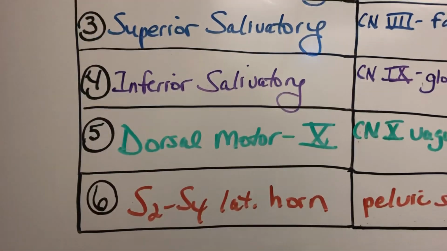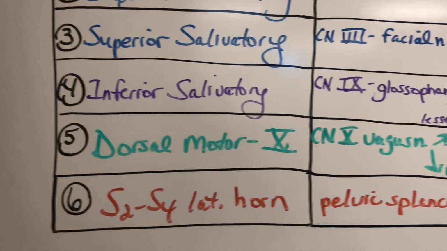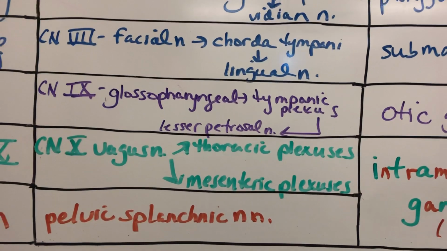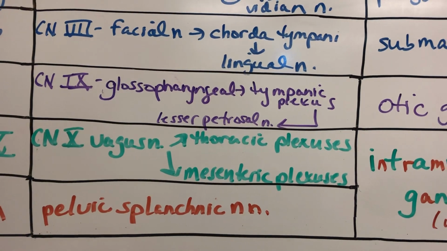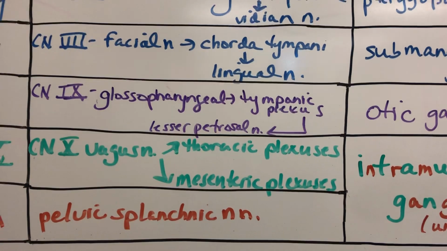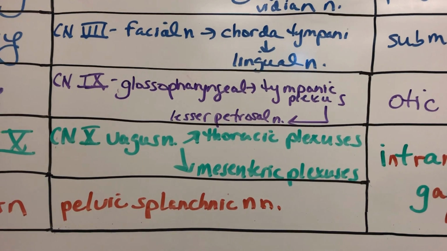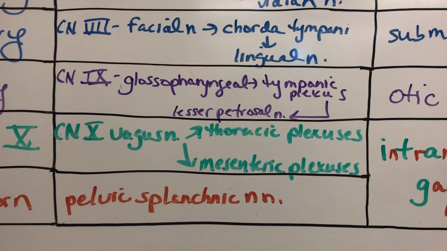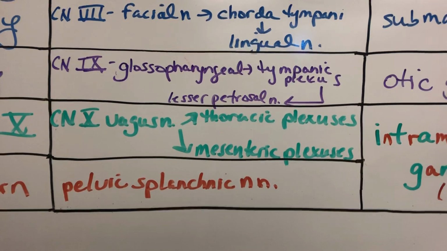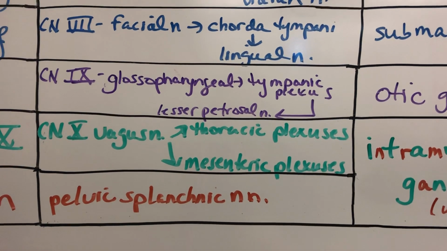The dorsal motor nucleus located at the medulla oblongata then gives rise to axons that travel on cranial nerve 10. Cranial nerve 10, the vagus nerve, vagus means wanderer, it's a very long nerve. Traveling into the thorax, it'll give off thoracic plexuses, things like the cardiac plexus, esophageal plexus, pulmonary plexus. And then it'll turn into anterior and posterior vagal trunks. Left vagus turns into anterior, right into posterior, to go through the esophageal hiatus of the diaphragm at T10, and